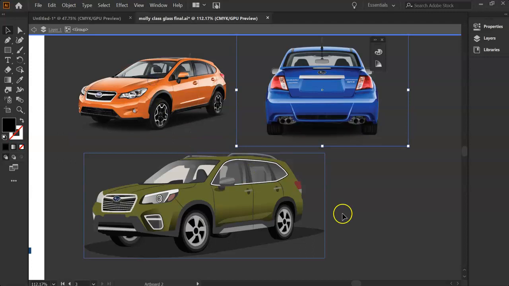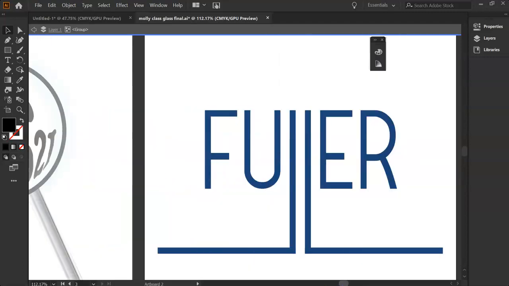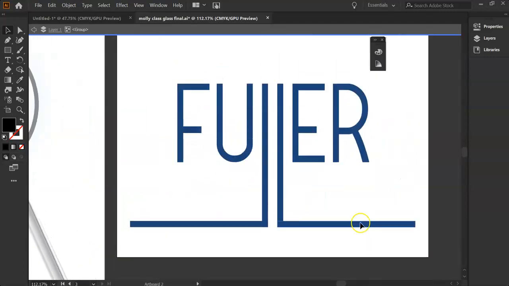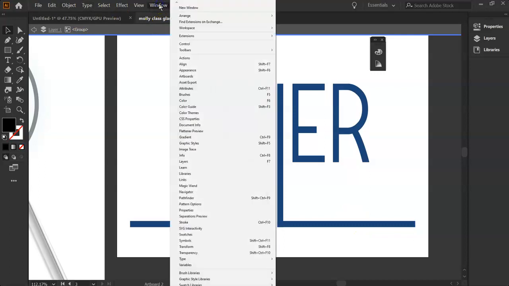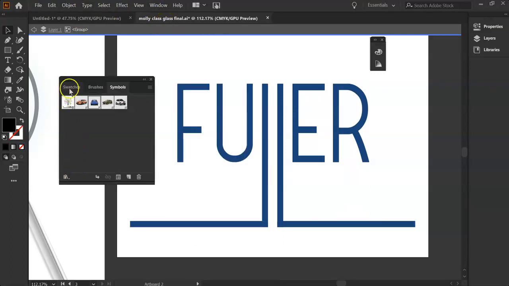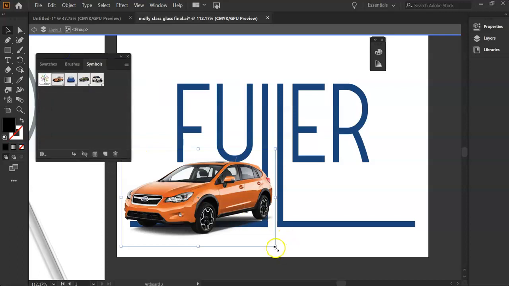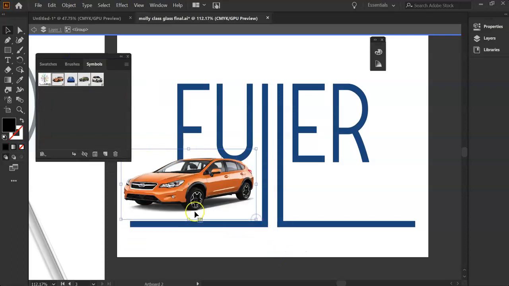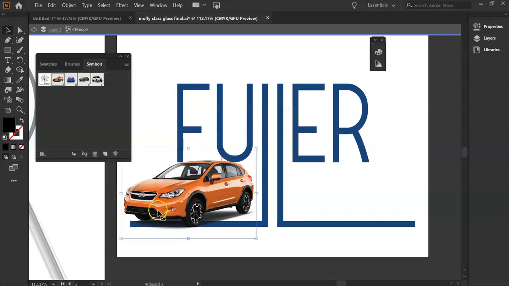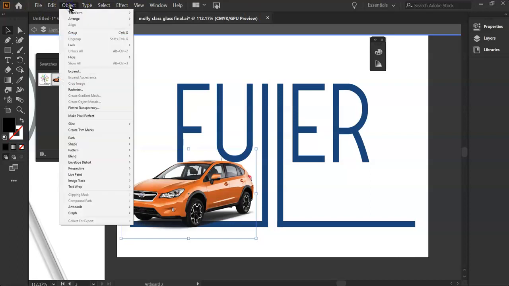Okay, and at this point I literally could just move those and delete them. So now I can go to Window and Symbols, and I've got my vehicles, and I can just click and drag from the symbol right here. Now this is not clip art, so we'll just look and see what happens